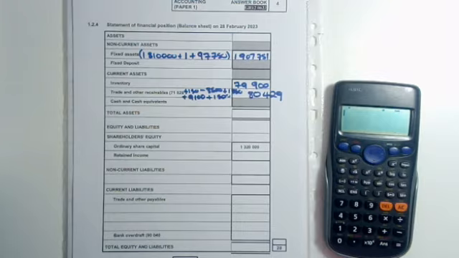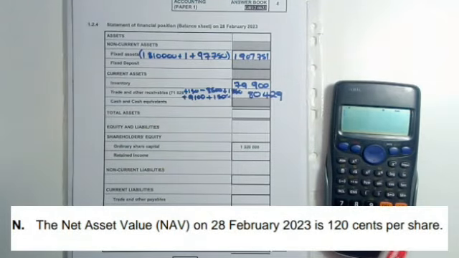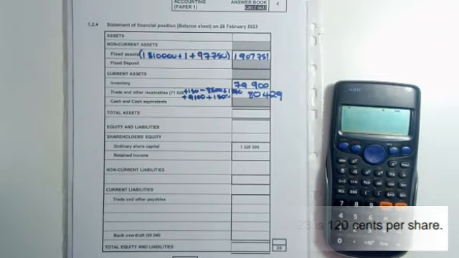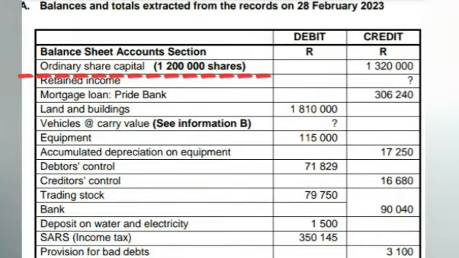To get our shareholders equity, we are going to use information N, the last information, and it says a net asset value on 28 February 2023 is 120 cents per share. So we know that it's 120 cents per share. What we just need to know is the number of shares that we have at the end of the year, and we go back to information A to find that information, and right next to ordinary share capital you will see they show us that we had